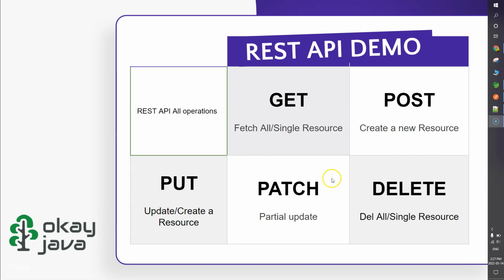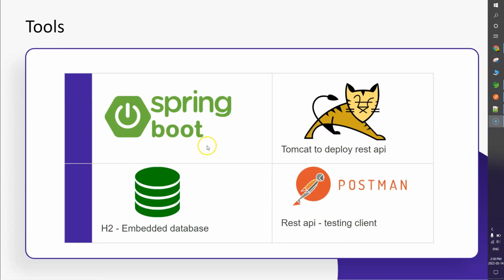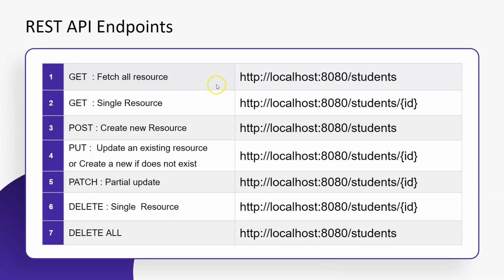Alright guys, so that being said, let's begin the video. In this video we'll be creating a Spring Boot project. We will be using the H2 database. We'll deploy our REST API code on the Tomcat server, and we'll be using Postman to test our REST API endpoints. Alright guys, let's move. Now, here I put all the endpoints that we are going to discuss in this